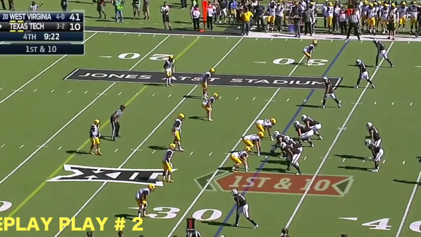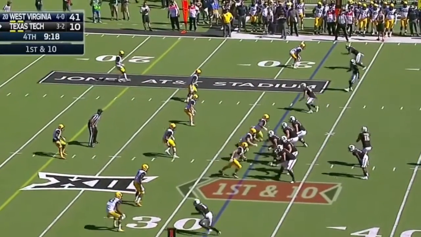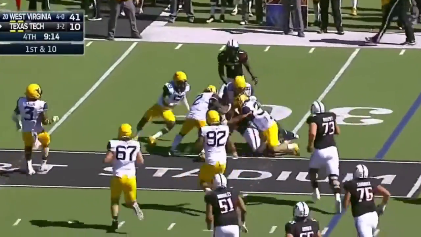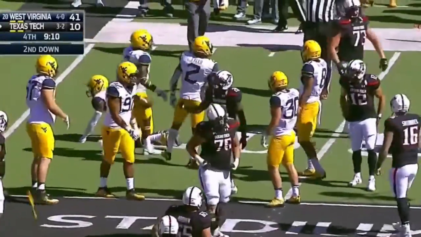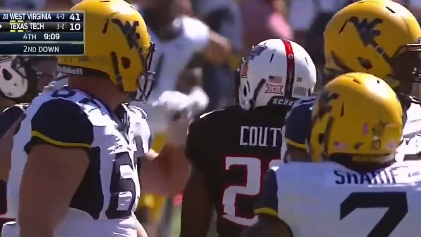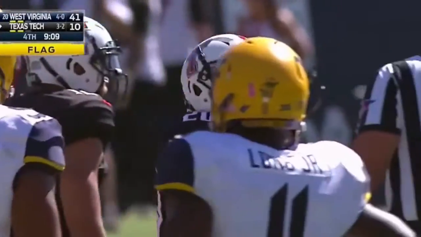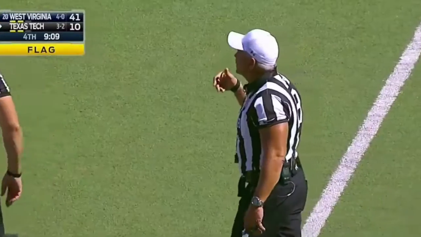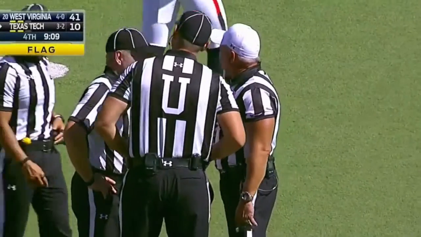On this play, gentlemen, some more good work by the replay crew in this game. You can see here we're going to have a run, and then number 73 picks the guy off the pile. So you see the flag's going to come out. So the question is, as you looked at it from upstairs, it looked like it could possibly be targeting, but we have to wait and see what the ruling on the field is. So once we hear the announcement, we can make a decision.